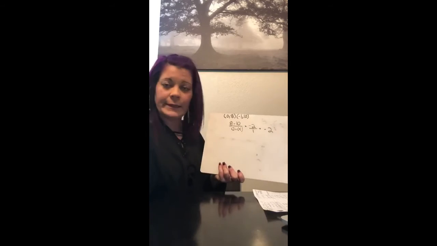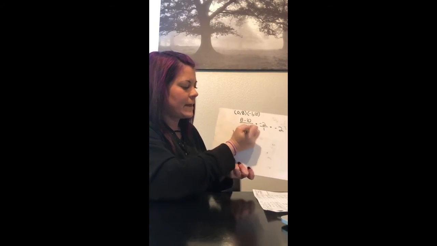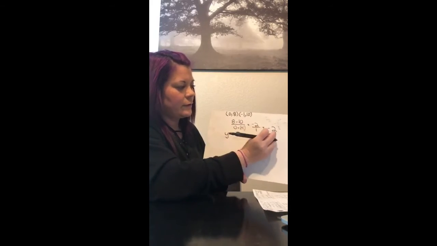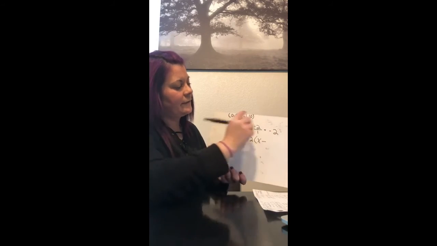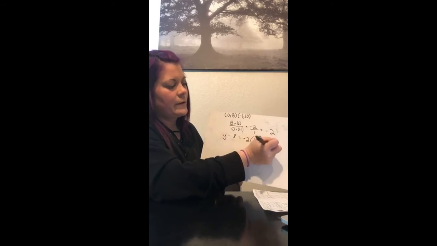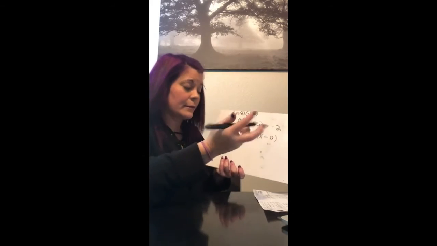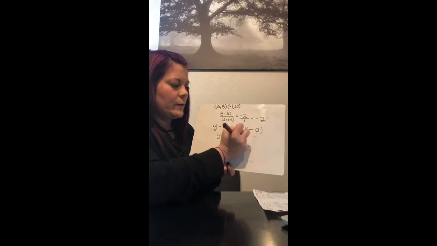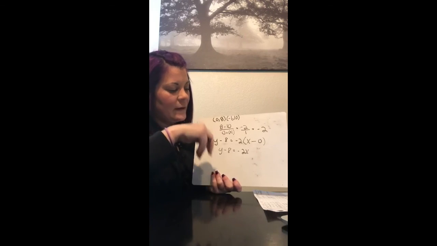Now I'm going to write it in point slope form. I'm going to choose the point 0, 8. So remember point slope form, y minus the y coordinate, which would be 8, equals the slope times x minus the x coordinate, which is 0. And we remember we can simplify that because x minus 0 is just x. So y minus 8 equals -2x. This is in point slope form. Now I can